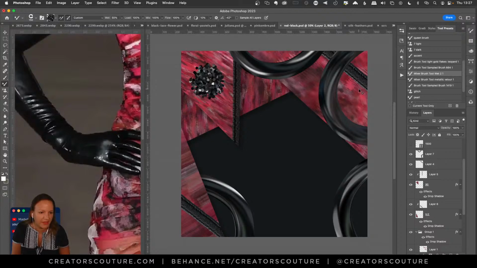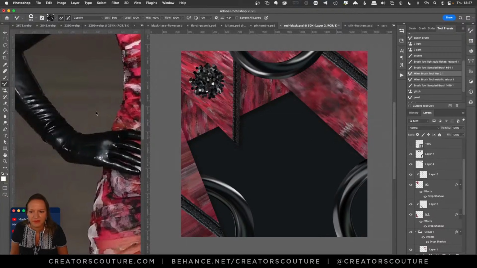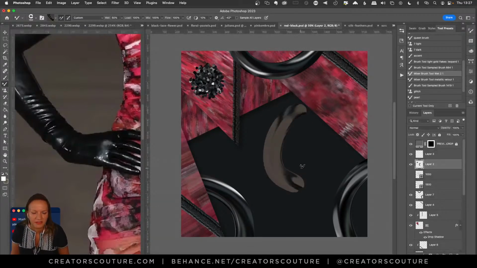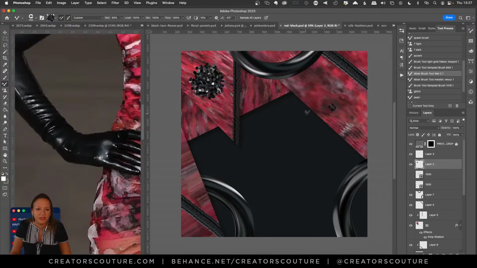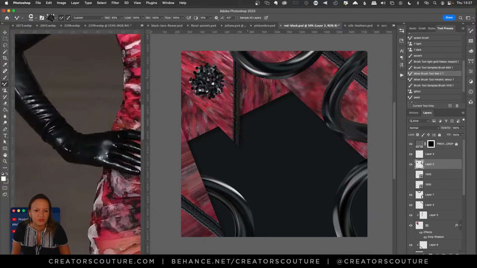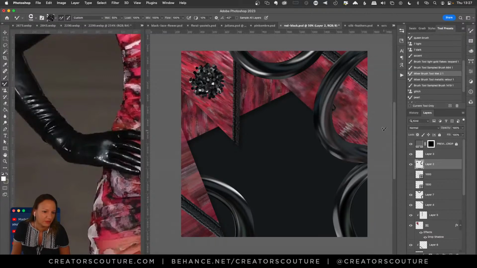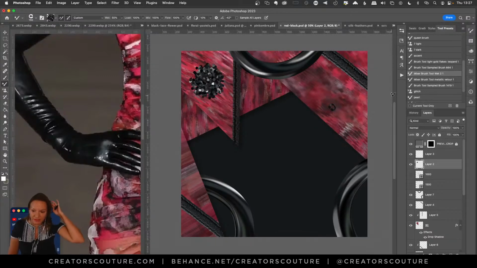But the thing is sometimes I could maybe sample directly from this image. Let's just, no, it's too big. The stroke doesn't look right. That's why it's nice sometimes to make that good palette so you can get the colors all next to each other, and then that's where you get those dramatic highlights and all of that. And I had saved some of these actually, so I will include this in the download. Whichever brushes I saved in my tool presets panel, I will put those in the package for you guys.